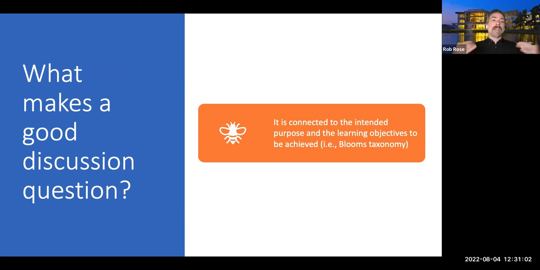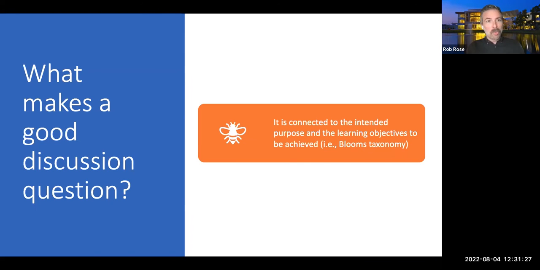Is the objective related to cultivating deep levels of critical thinking and analysis? And if that's the case, maybe a critical incident or the case study prompt is most appropriate for you. Is the objective more related to the exchange of ideas at this point in your course? Maybe that's where a focal or debate prompt would work the best.